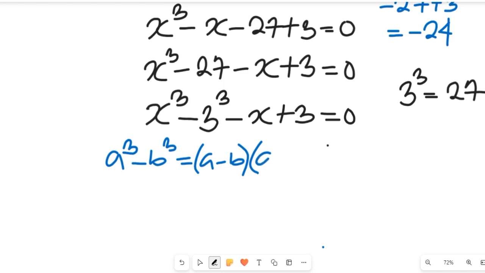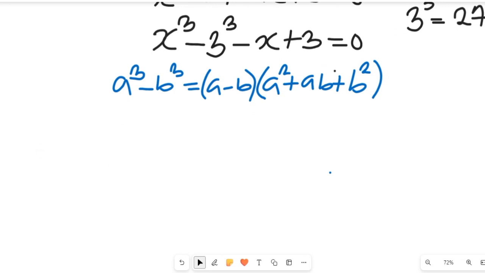And this will be equal to a squared plus ab plus b squared. This is an algebraic formula. So if we substitute that algebraic formula, our a is equal to x, remember, and our b is equal to 3. So we'll have that, will now give us